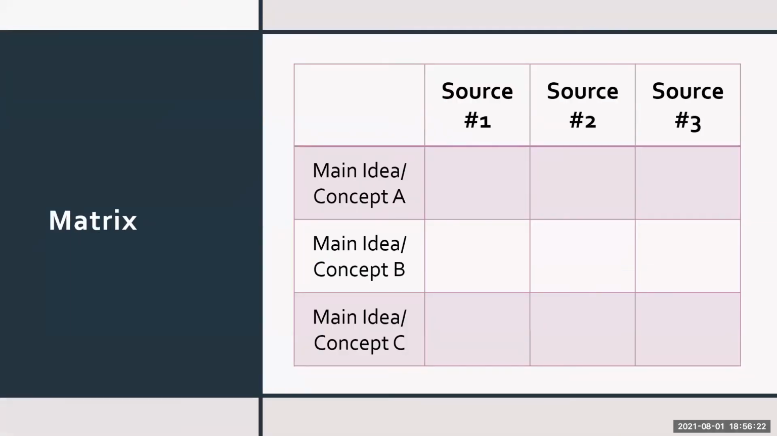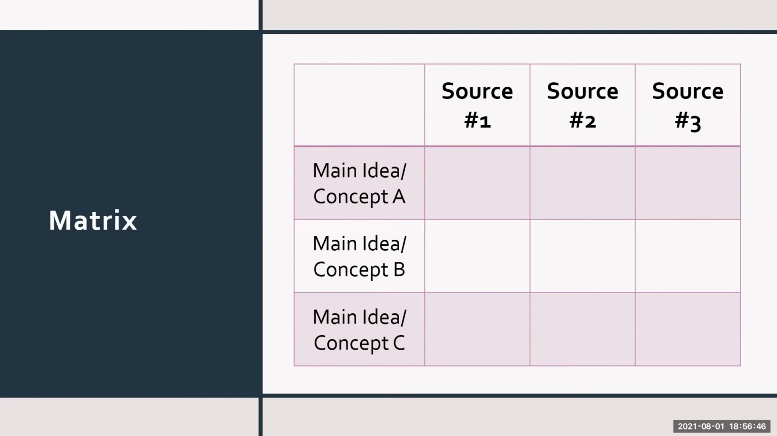First, we'll start with a matrix. The idea behind a matrix is to be able to see different categories of information that are coming from different sources. There's lots of different ways that you can use matrices in research, studying, and coming up with ideas. For this example, the matrix is showing you columns from different sources and then main ideas that are coming from each one of those